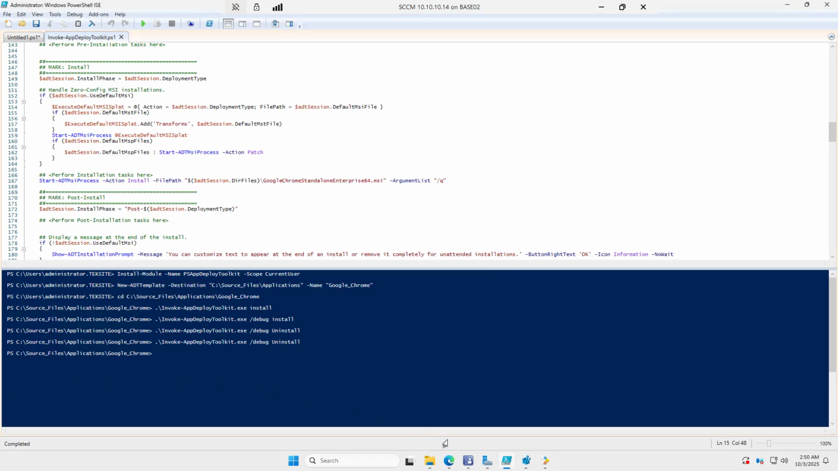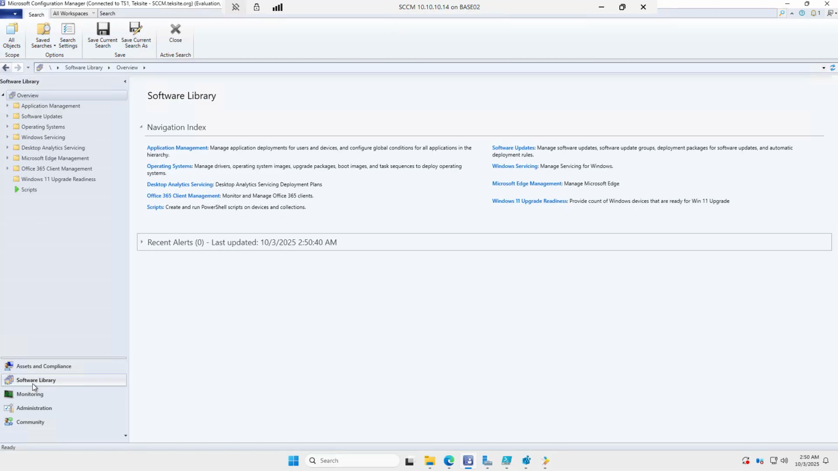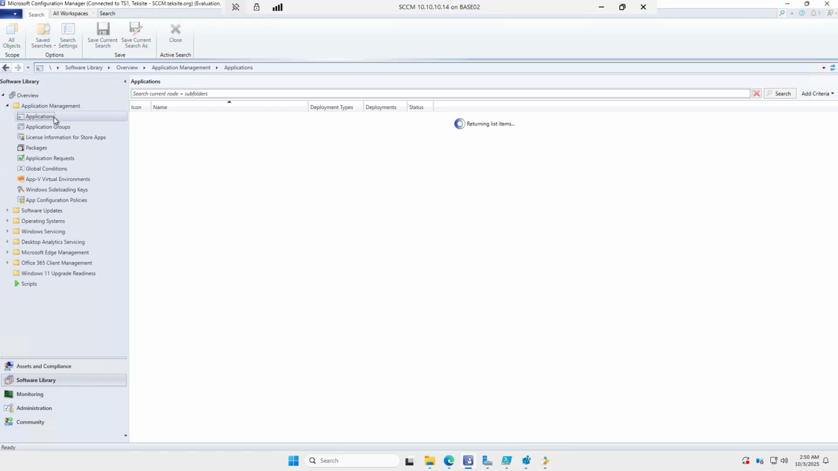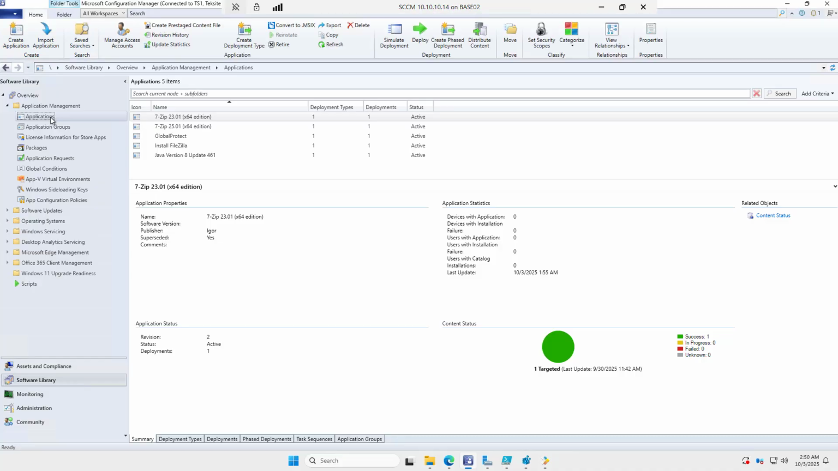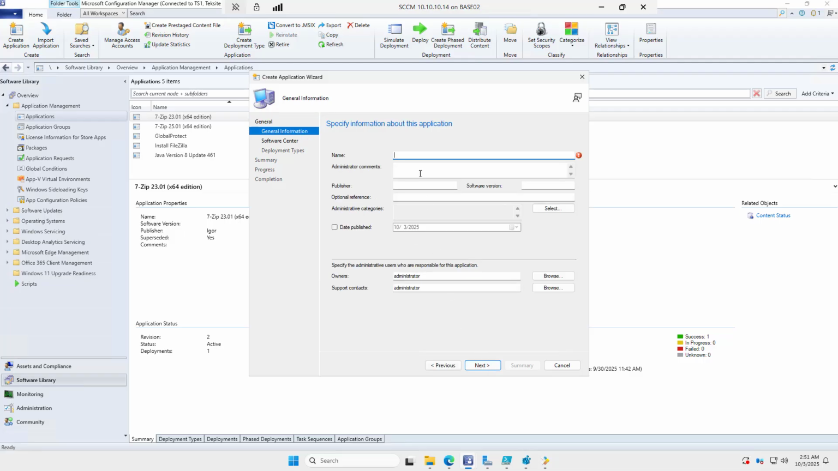Now we are going to go to the SCCM server and deploy this one. Okay, I'm at the SCCM server. I'm going to the software library and opening software application management. Then click on applications, right click, and create an application. Then we are going to use manually. This is the one we are going to use. Because it's a script, we are going to use the exe file. So next, and then give it a name,